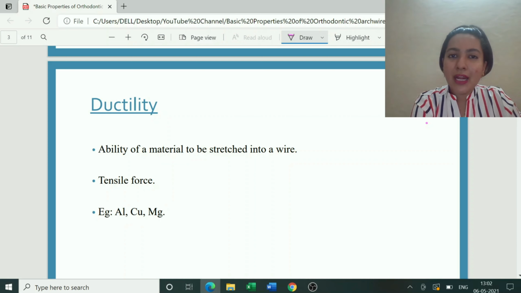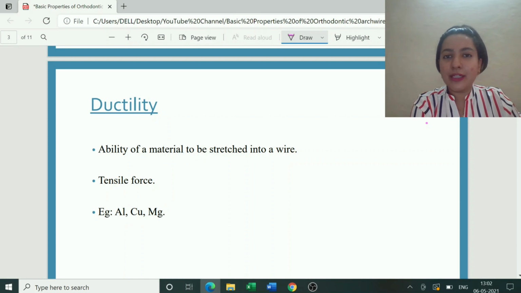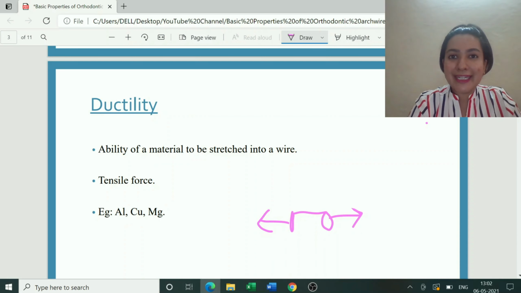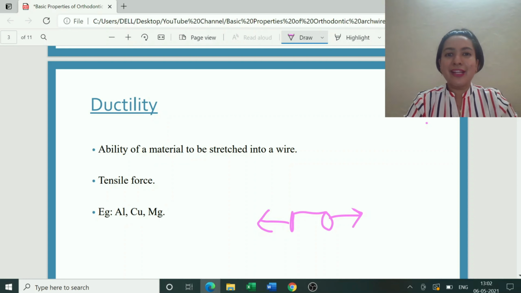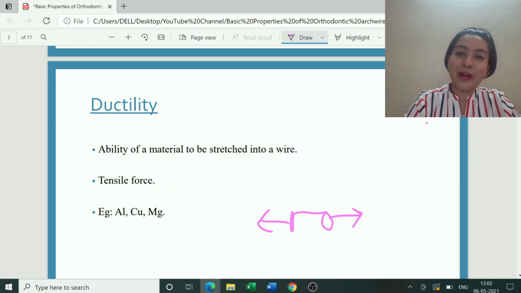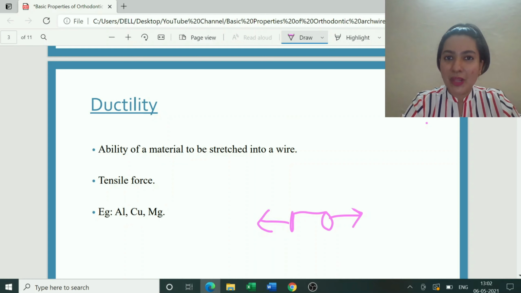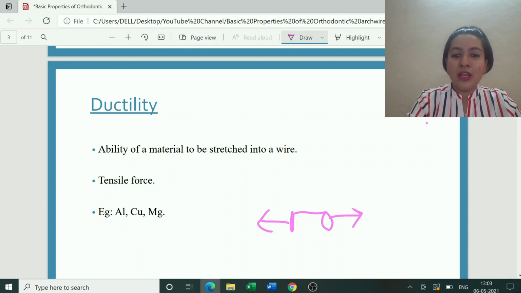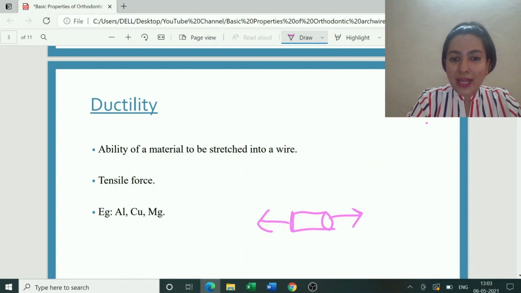What is ductility? Ductility, you all know, is the ability of a material to be stretched into a wire. So if this is the material, what do you do? You apply force on it. Which force? Tensile forces. Okay, there is tension, stress acting on it. So now you can relate why this concept is put up in the second part, because in the first part we read about stress and strain. When the forces were in pulling motion, what was it? Tensional stress. So when this happens, the material gets stretched into a wire.